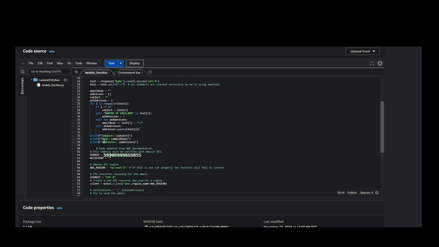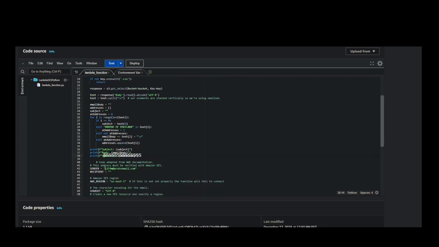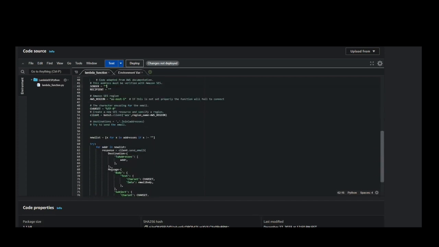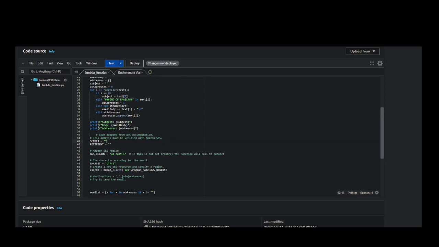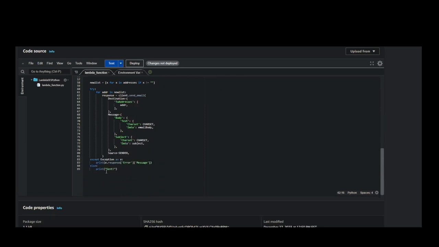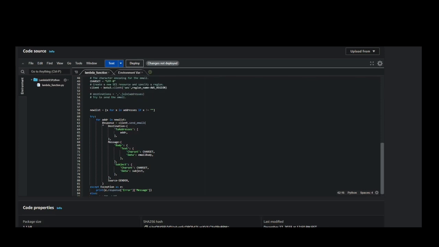And the email will be the same. It'll all be the same. I'm just gonna get rid of this. So that is my email address. And it just walks through. Then it sends all of them from the email address. And that's basically it. For each address in new list,